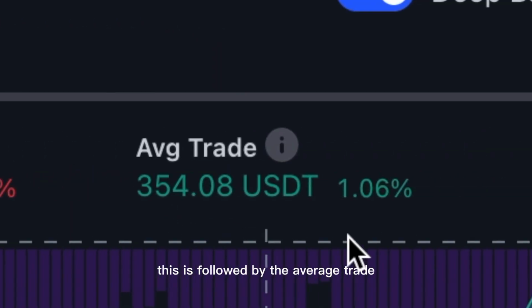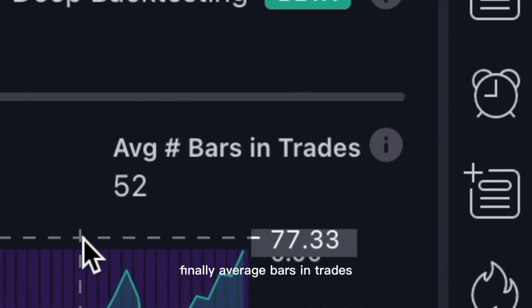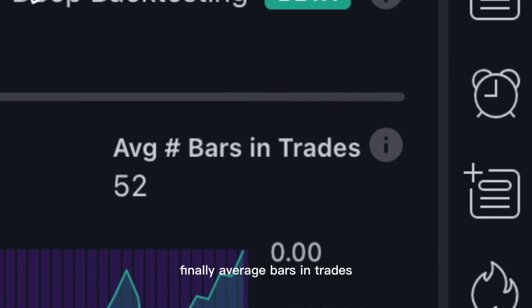This is followed by the average trade profit, which is very simple to understand. It is the average value of profit that you can make per trade. Finally, average bars in trades, which is also a very straightforward parameter, but the point to note is the time